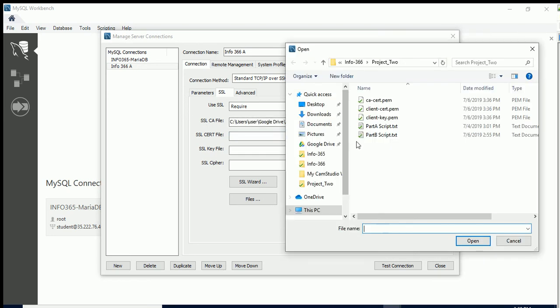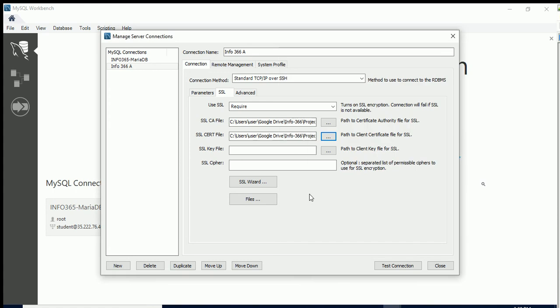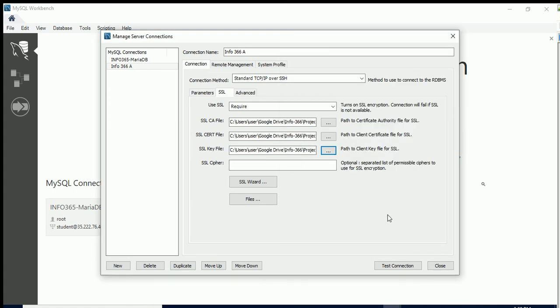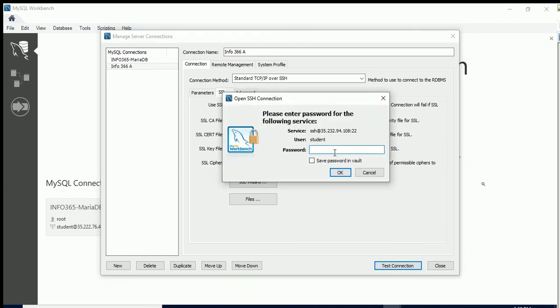Then my cert file is going to be client cert. My key file is going to be client-key, and that's it. I don't need anything else. We didn't put an optional password in for this, so that should be all we need. And if I hit test connection,